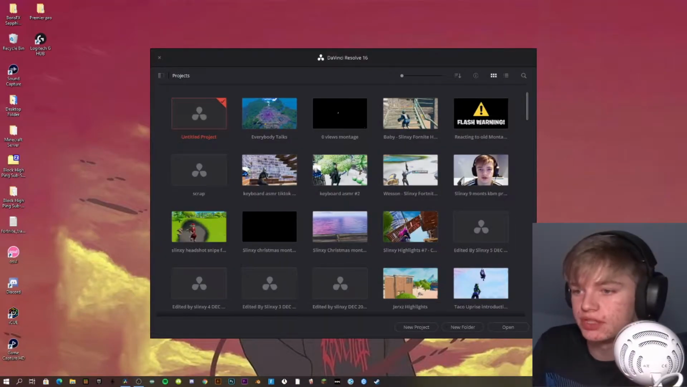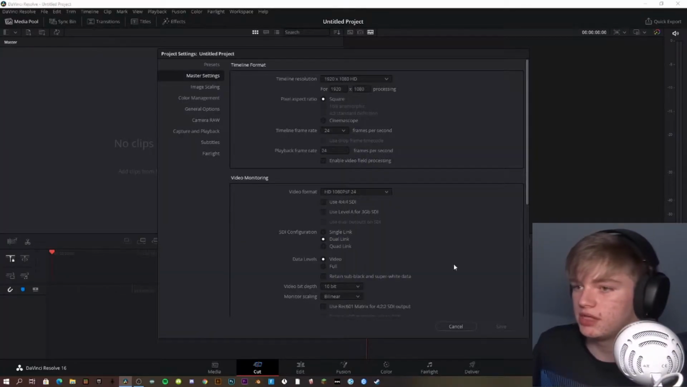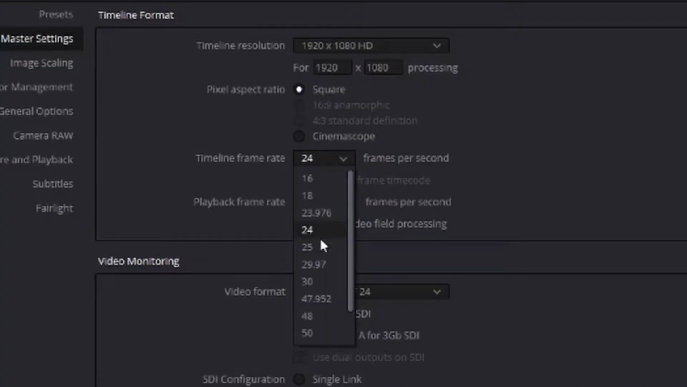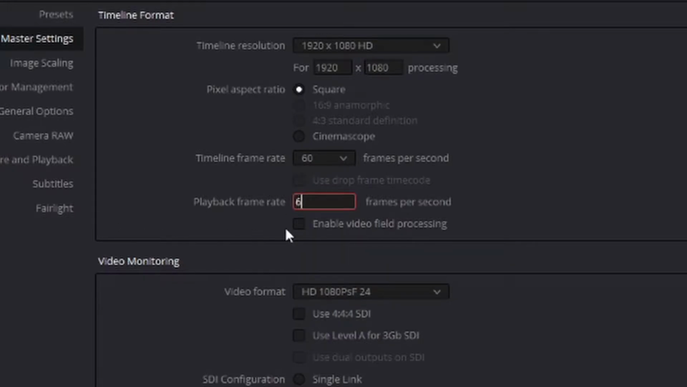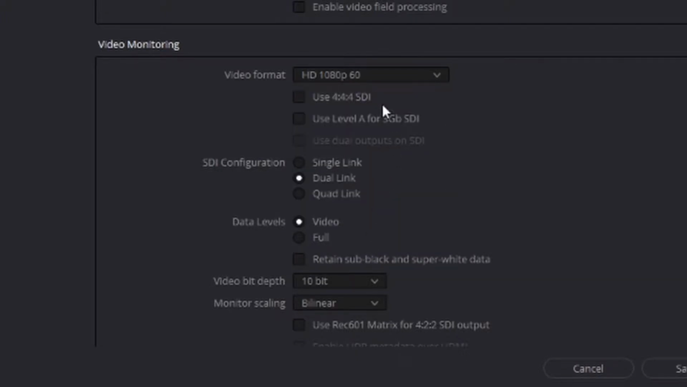Right, so as you can see on screen here, it's loaded up, so you can either click new project down here or new project up here. I'm just going to click up here, and you want to go to your settings, make sure it's 1080p. You can change it if you want to, and I don't recommend going lower, but if you've recorded higher, then feel free to go higher. But I recommend going to 60 FPS, so 1080p 60 FPS, and then